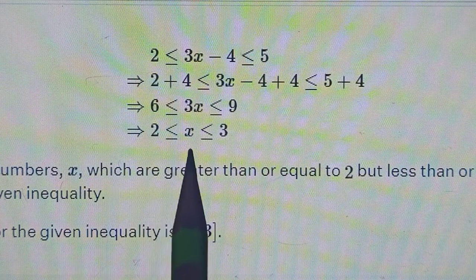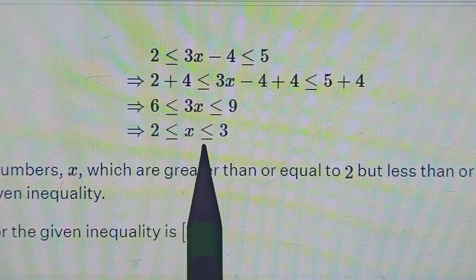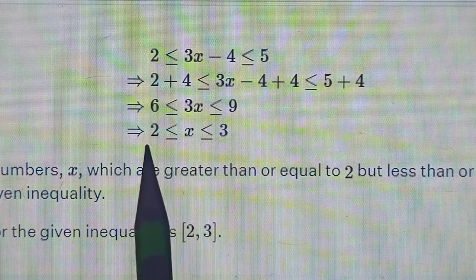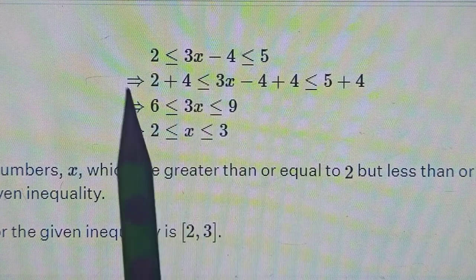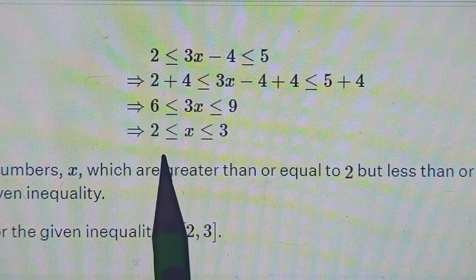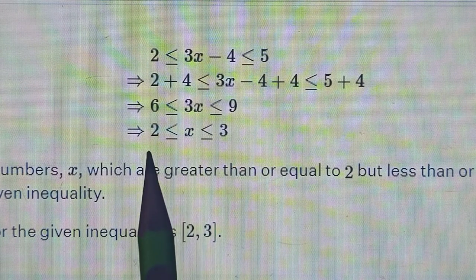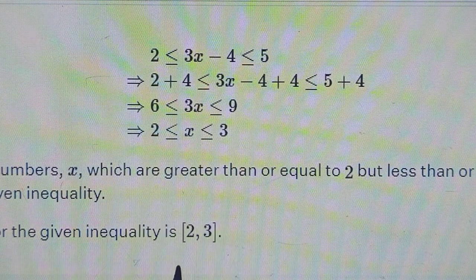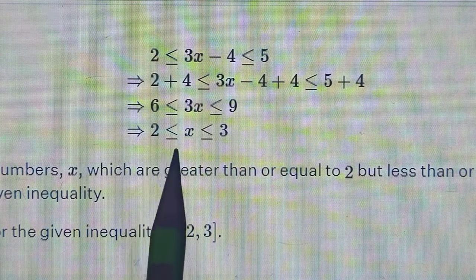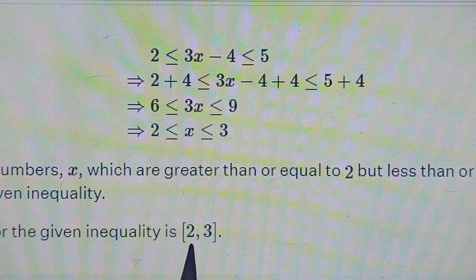That is what we had to find, कि x कहाँ fall कर रहा है. ओके, तो अगर ये इंडिविजुअली आप करते तो एक आपका ये सोल्यूशन होता, फिर ये, फिर आप उसे मर्ज करते. बट येस, इफ इट वाज गिवन लाइक दिस, यू कैन सॉल्व इट टुगेदर, एंड नाउ वी कैन सी दैट दिस विल बी आवर सोल्यूशन. x will be from 2 to 3, which in interval form we can write like this. Closed interval, because the equal to sign was there. So the solution for this inequality is this closed interval 2, 3.